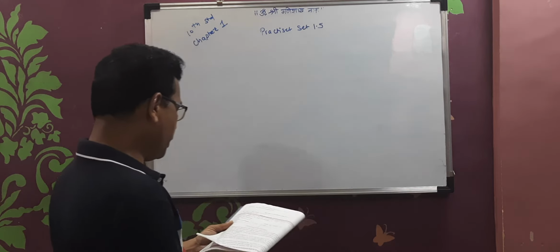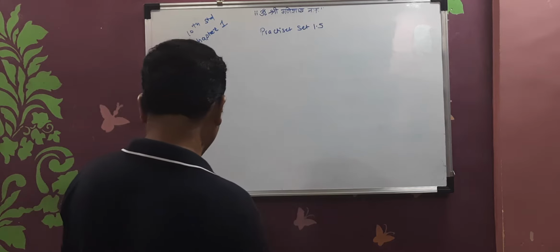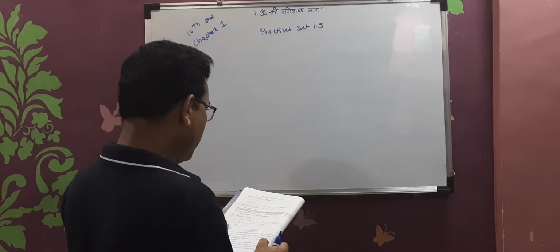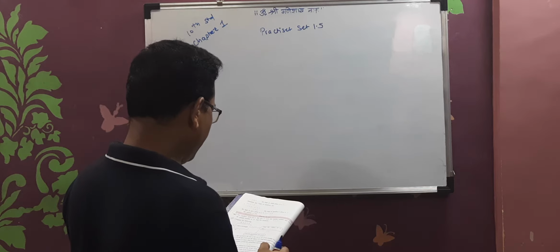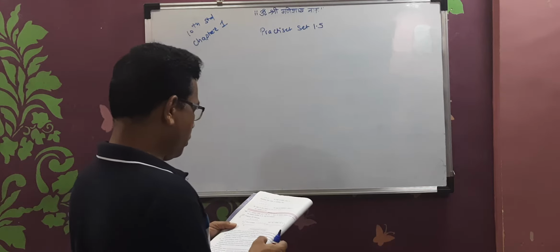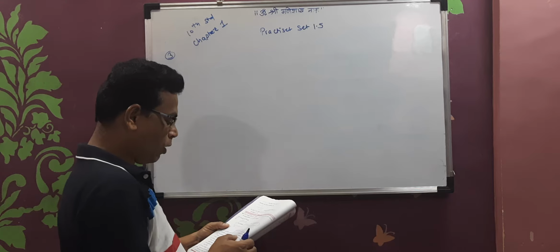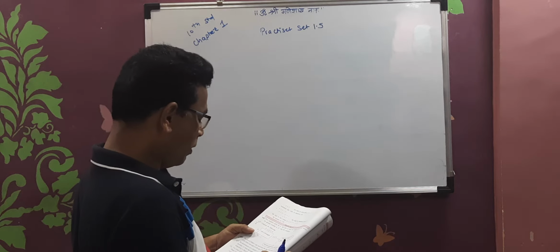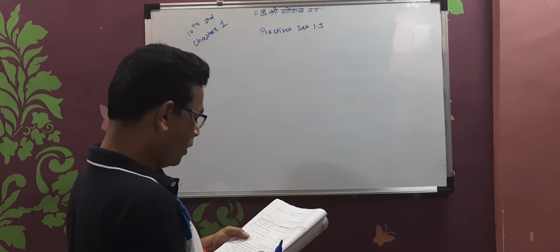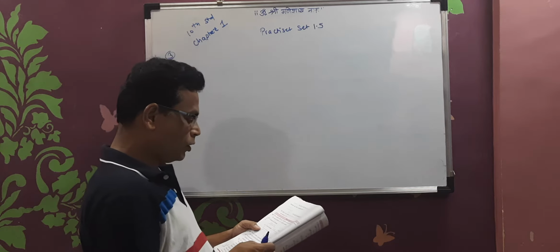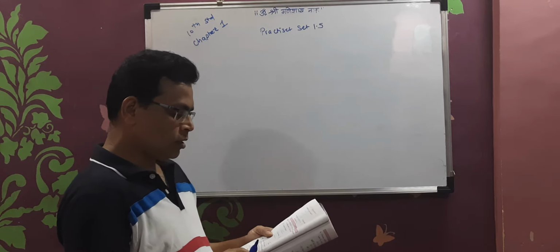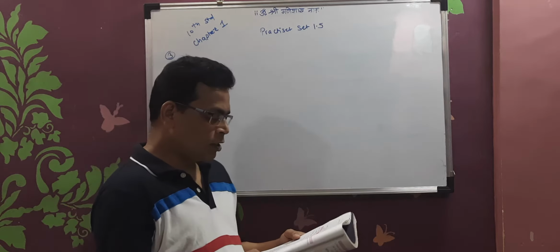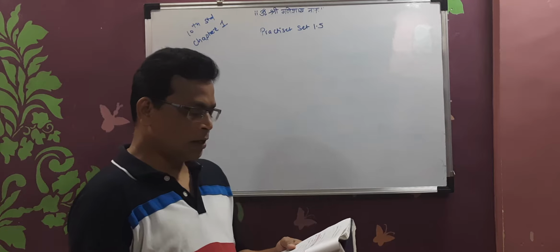Now let us begin with problem number 3. The sum of father's age and twice the age of his son is 70. If we double the age of the father and add it to the age of his son, the sum is 95. Find their present ages. Remember, these problems are based on simultaneous equations.